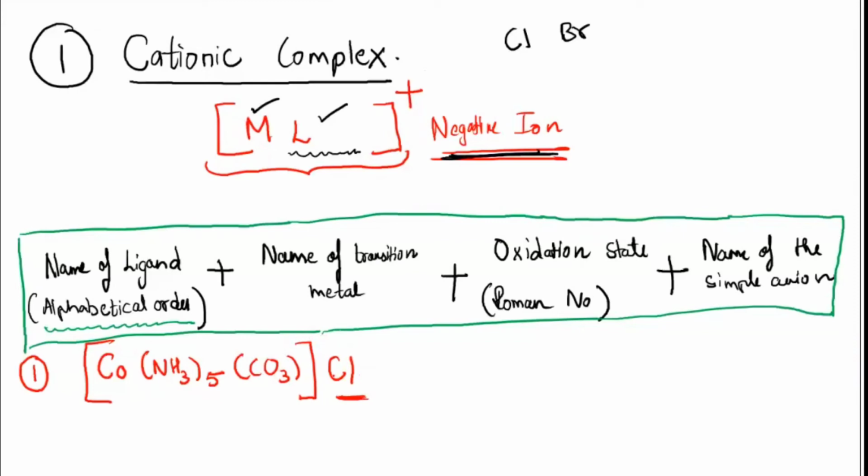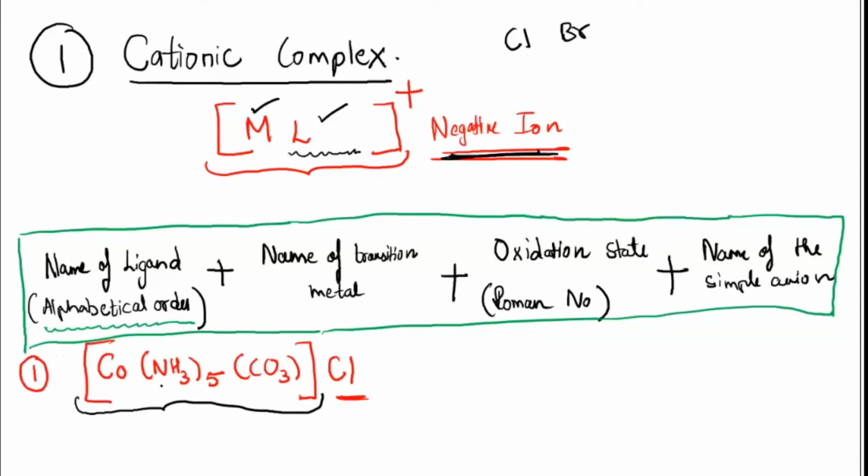Since I'm discussing cationic complexes in particular, I will be giving only cationic complexes, so you should be able to identify them that way. Now the first job is to go to the cationic part. This is the cationic part, and this whole coordination sphere carries a positive charge. Listen properly to whatever I'm doing here. When you understand the first example, automatically you'll be able to do the next also.